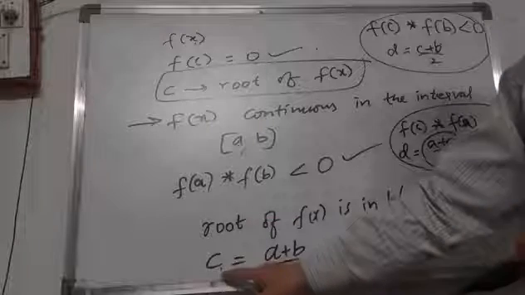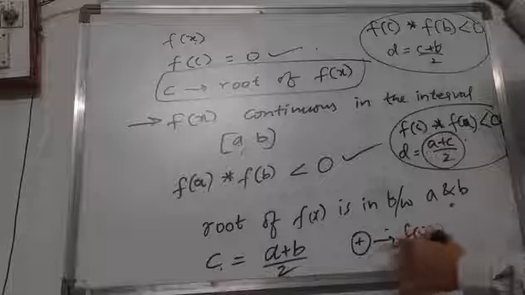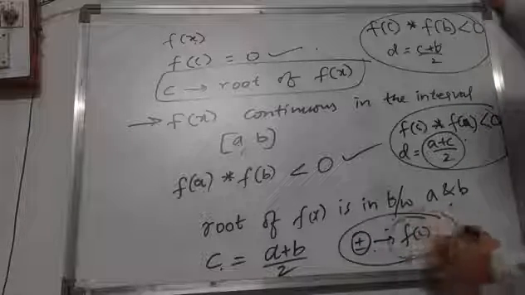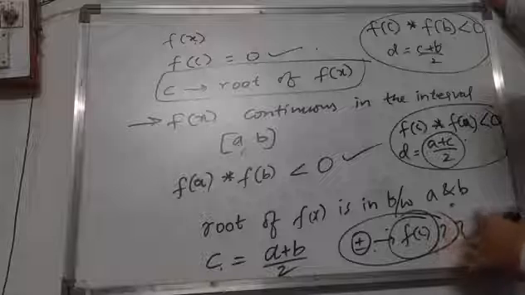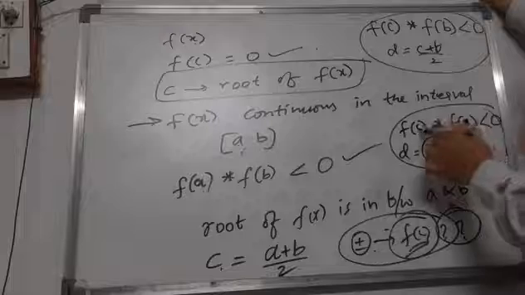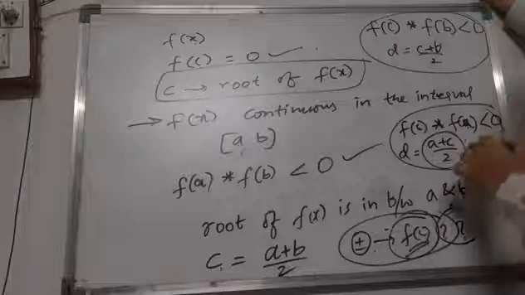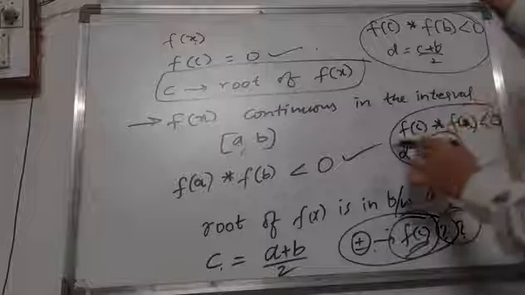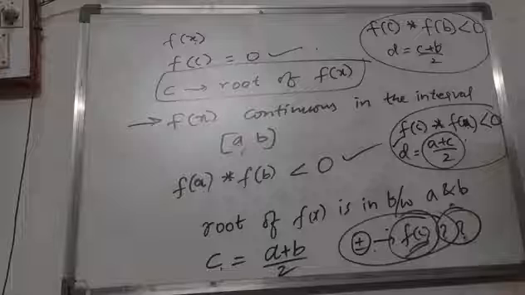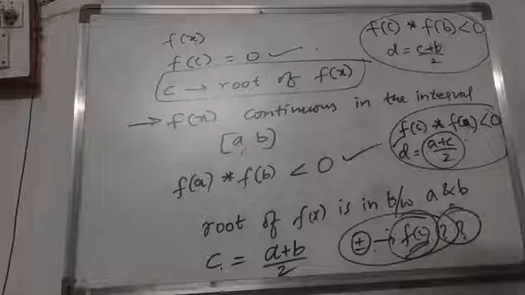But we don't know whether f of c will be negative or positive, so we have to test these two things. After getting this value, we can do the product with f of a and f of c, and with f of a and f of b. If you get negative, then you use that value only for finding the midpoint. Again, we have to continue this process. Okay, so how to continue the process? Let us see.